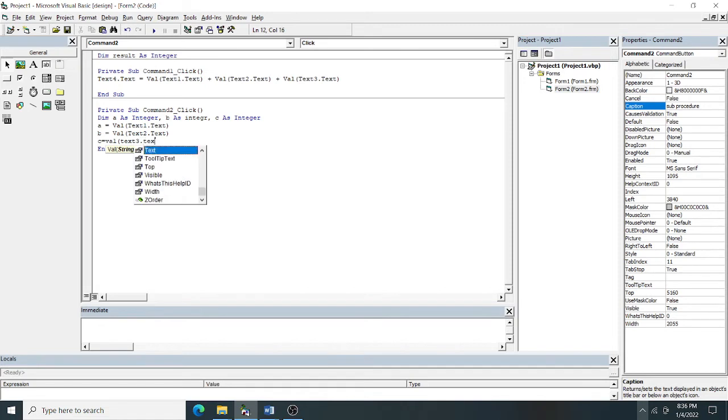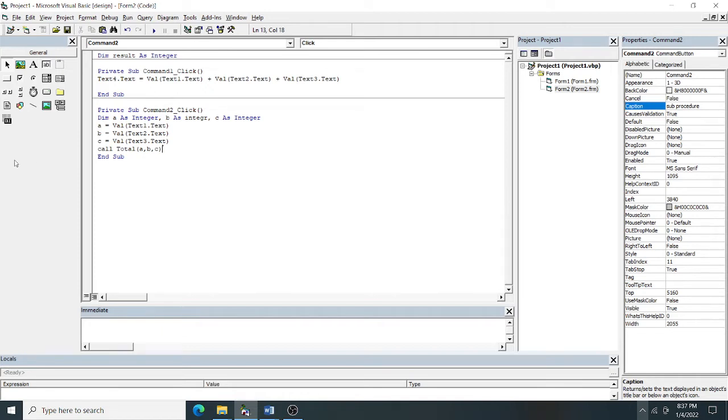Now I have to make a call to the procedure. So how will I call? I give the procedure name. My procedure name, suppose, is total. I have given the name total, and in this I am passing the value of A, the value of B, and the value of C. This is called a procedure call.